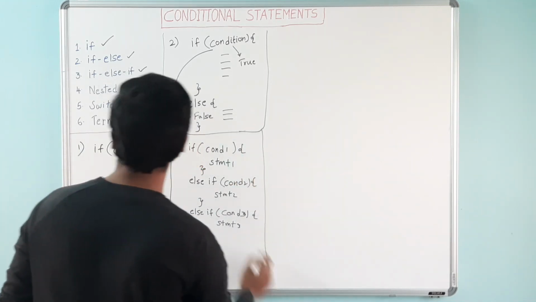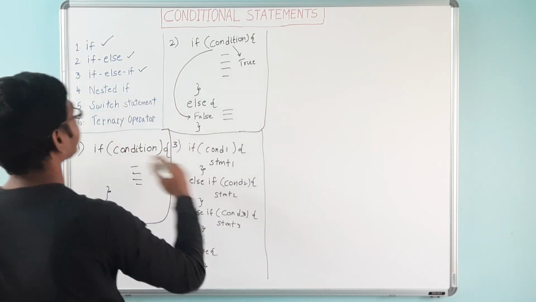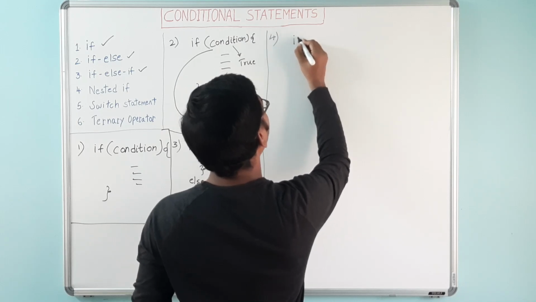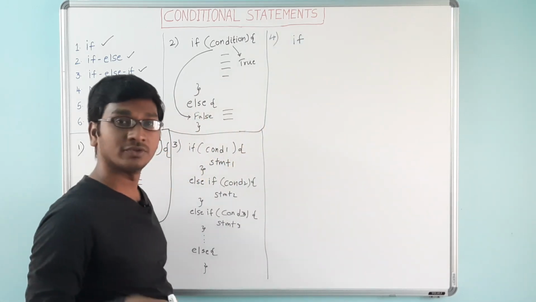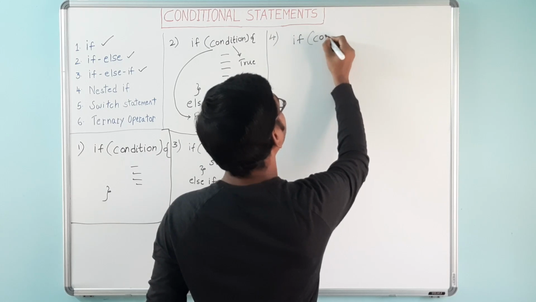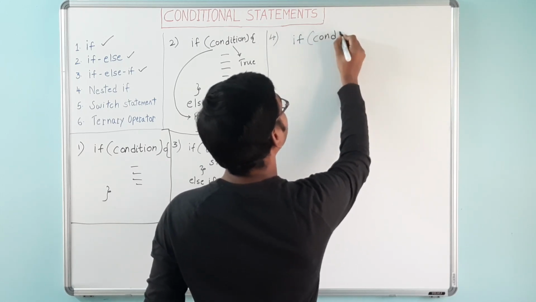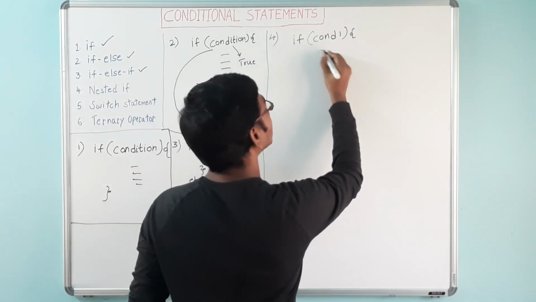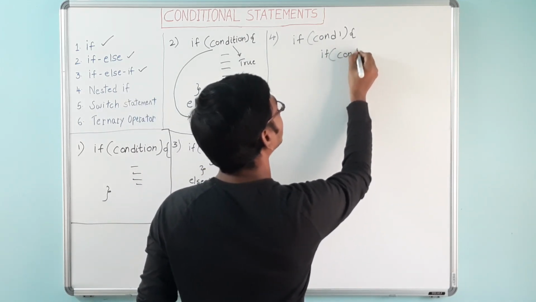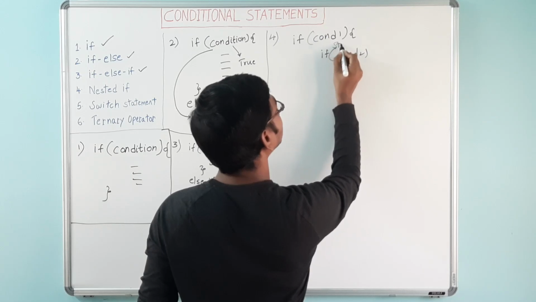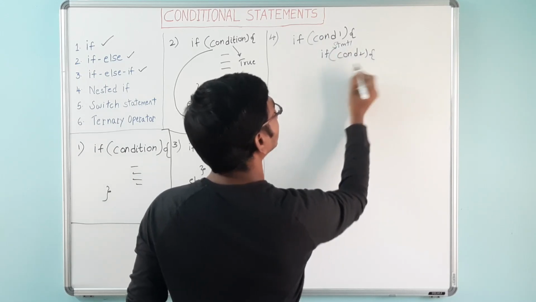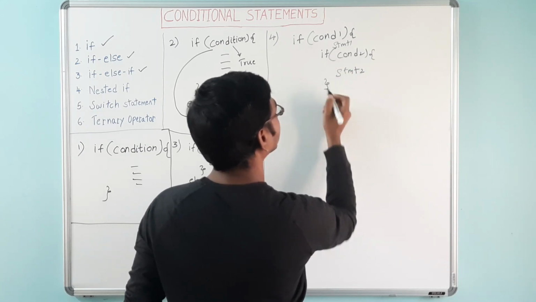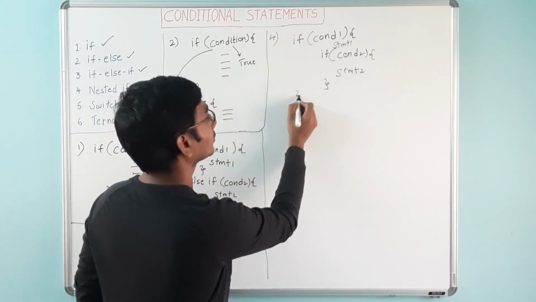Now let us discuss nested if. Nested if is about having an if statement within another if statement. Say for example, I have some if statement here, and this condition is true, and we have some statement 1 here, then if condition 2, statement 2, right? So you can see here,